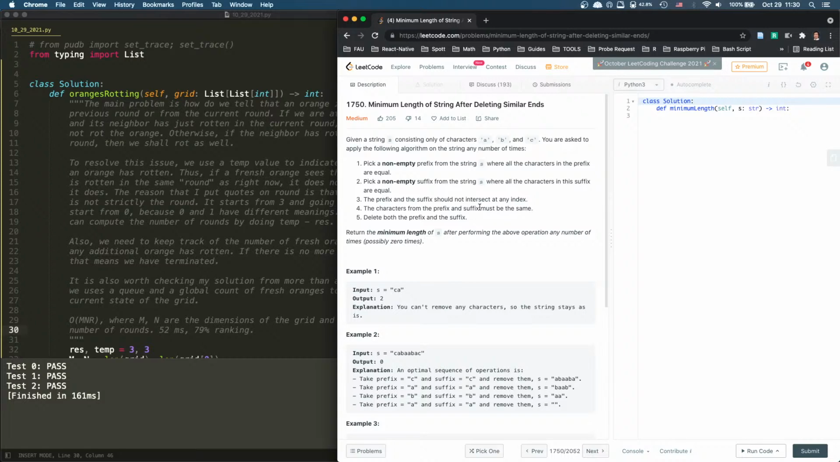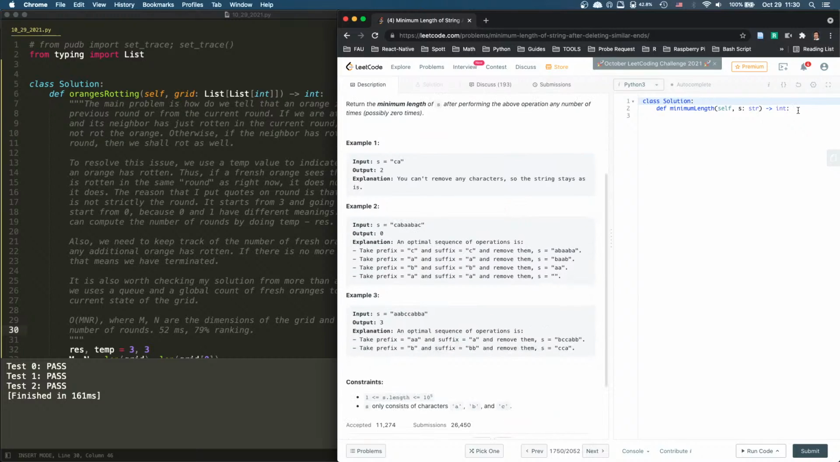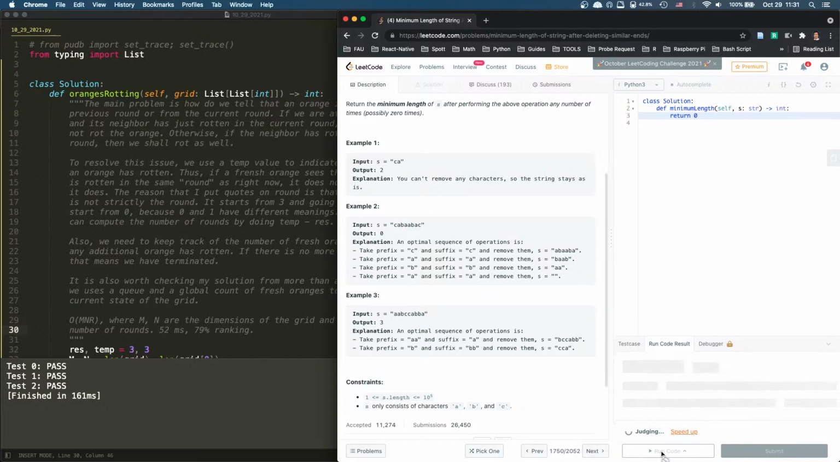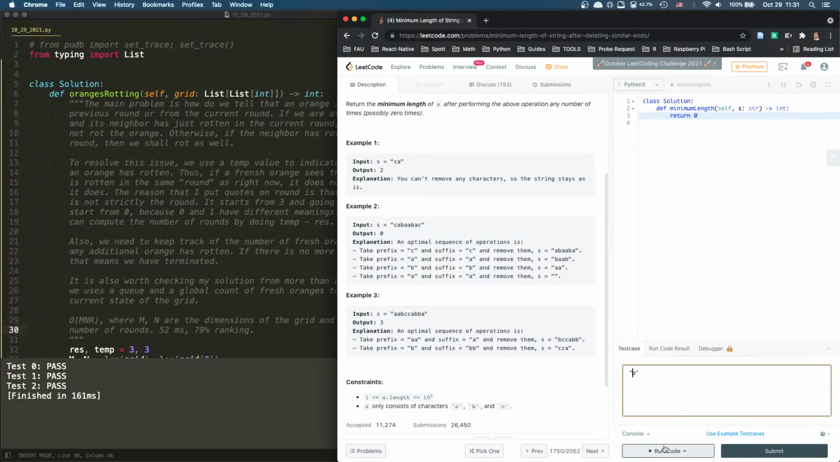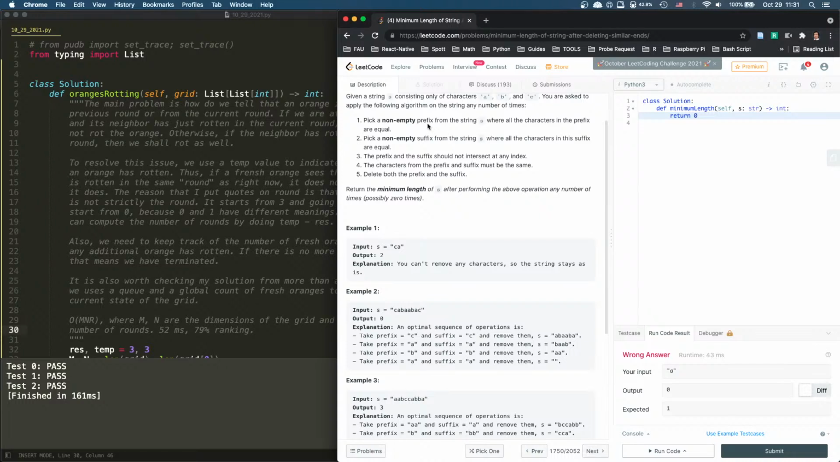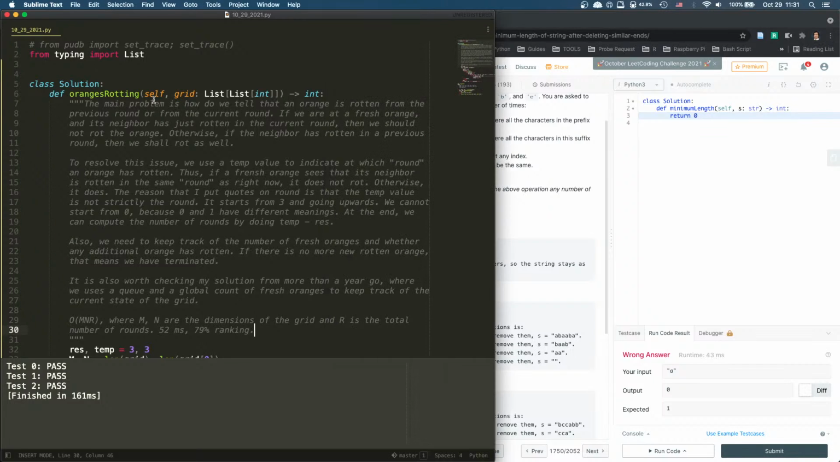And the prefix and suffix should not intersect at any index. So just out of curiosity, let's say it returns 0. I want to see. Let's say this, right? What does this one have? It should be 0, because I can pick one, I can pick one. Right? What if I have this? Good question. 1, because I cannot pick. Yeah, I cannot pick, because it has to be non-empty. It has to be non-empty, so I have to move. And they cannot be the same. Okay, so